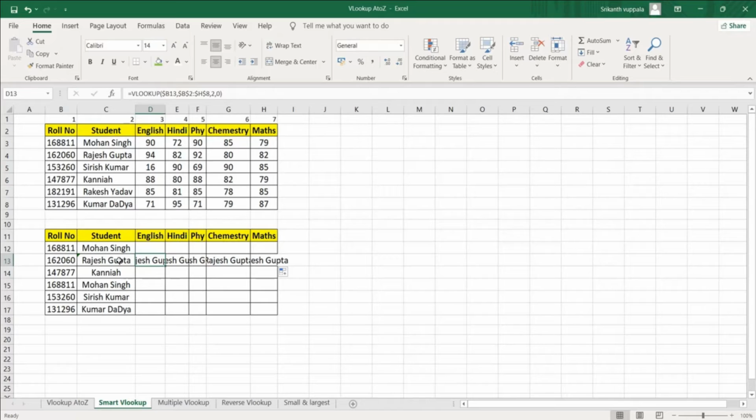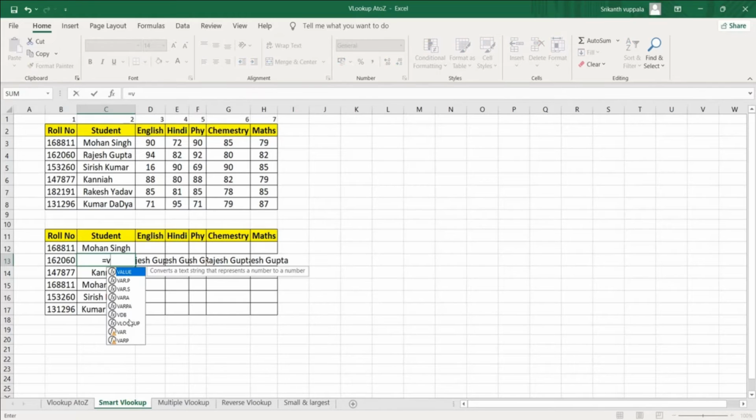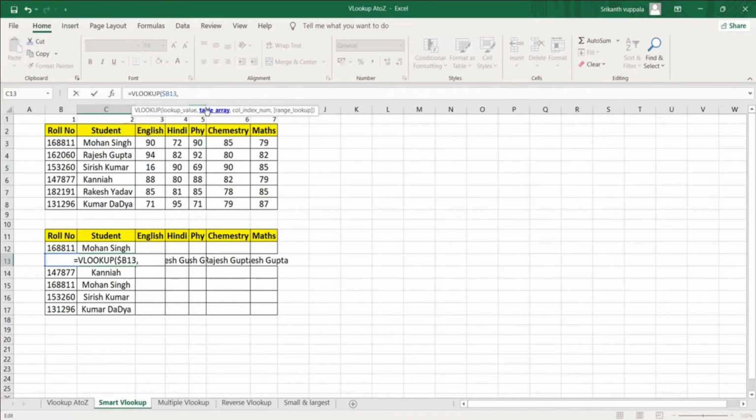So here, let me remove this formula and put a new formula. Is equal to VLOOKUP. What is the lookup value here? B13. Lock this reference using function F4, hit 3 times. Comma, what is my table array? This is my table array. Lock the cells with function F4. From which column should I get the value?